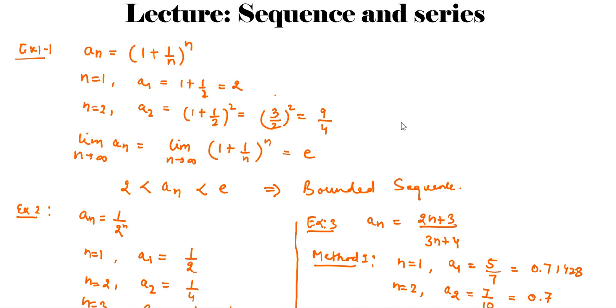It means the terms of the sequence keep on increasing as n is increasing. Okay, so to find the upper bound of the sequence, we'll take the limit. So let's find the limit n tends to infinity of an. So we have this limit n tends to infinity (1 plus 1 upon n) to the power n, और we already know कि ये किसकी लिमिट होती है? The limit of this is e. Okay, so now we got the bounds for this sequence an. Lower bound is 2, upper bound is e. So it means it is a bounded sequence because both the bounds exist for this sequence.